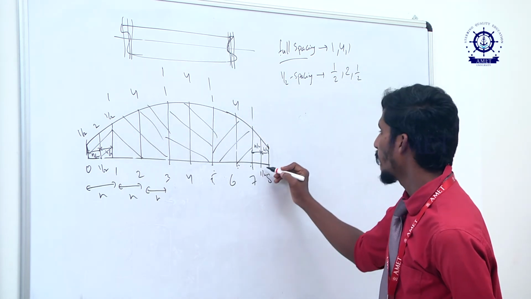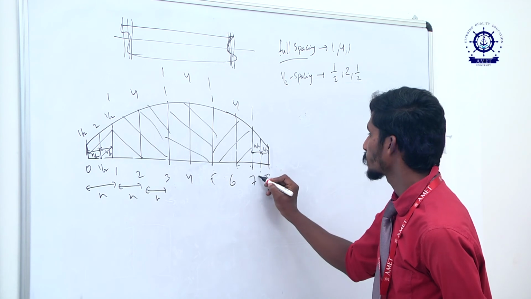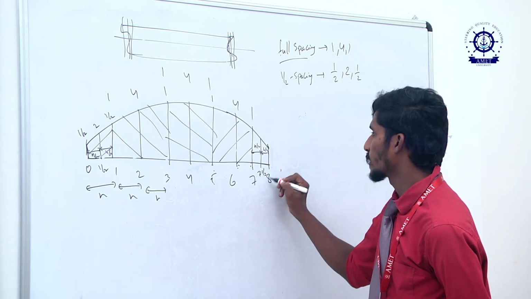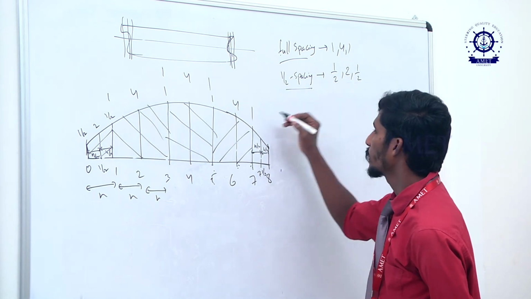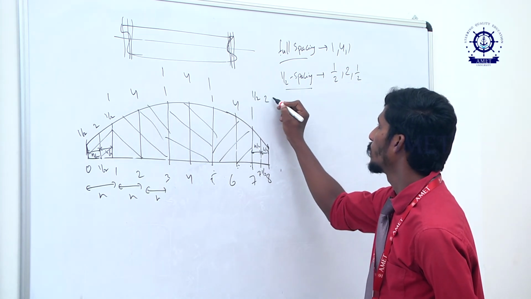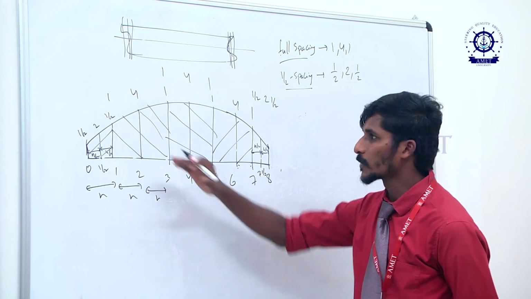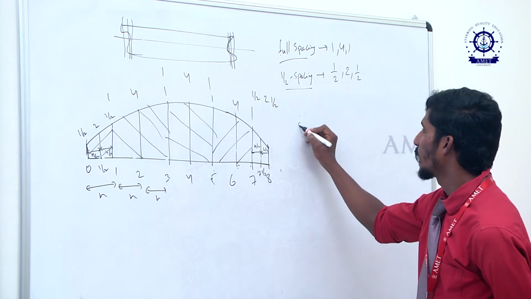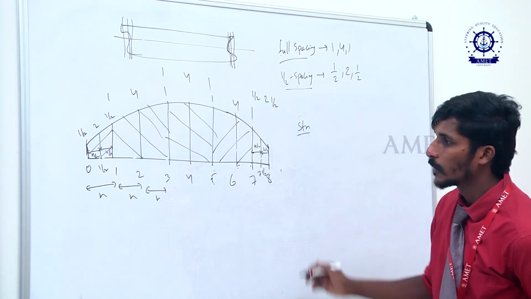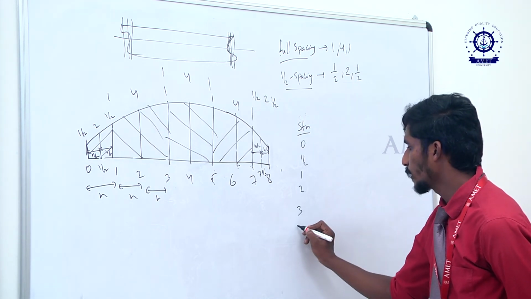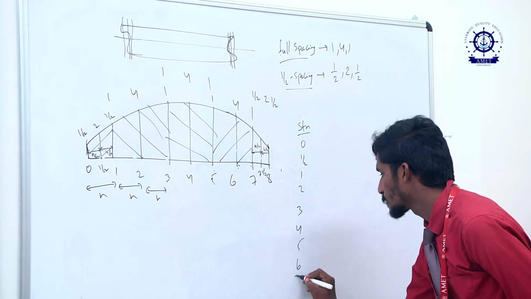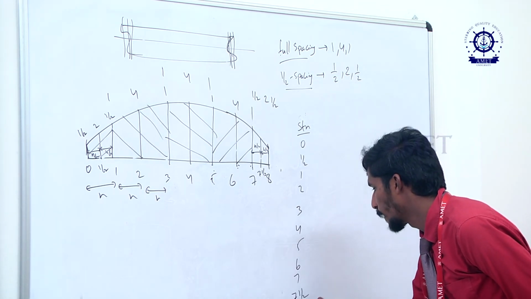So that's why we added a 7.5 station here, and you have 8. So the spacing between these 3 ordinates is half spacing. When you apply half spacing, you apply 1/2, 2, 1/2. Now you see the overall combination. What will happen? You take station numbering. What is station numbering? 0, half station, 1, 2, 3, 4, 5, 6, 7, 7.5 and 8.